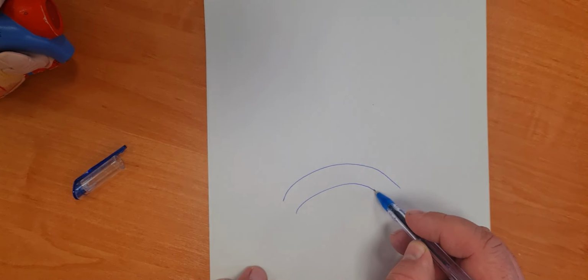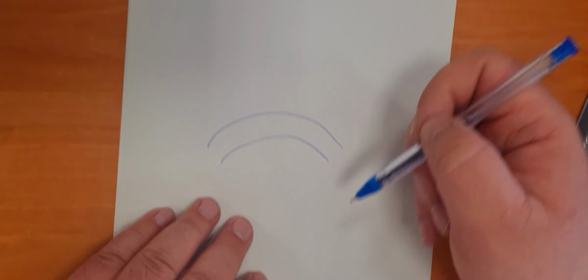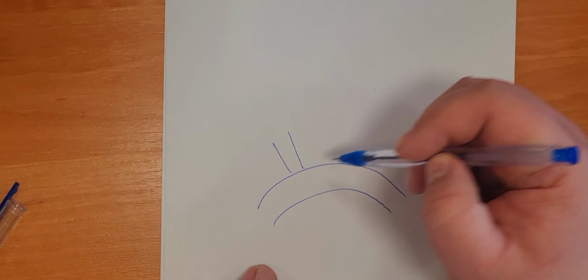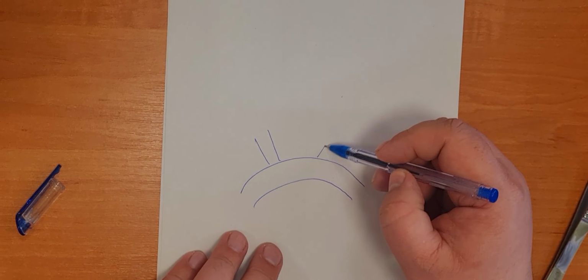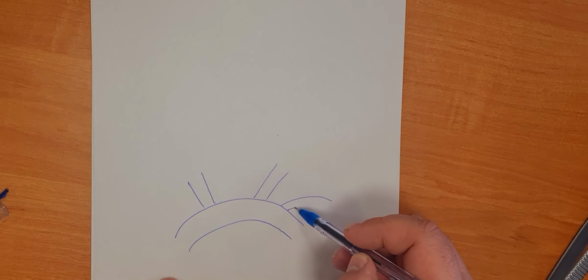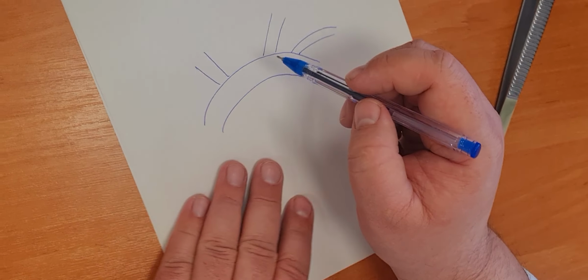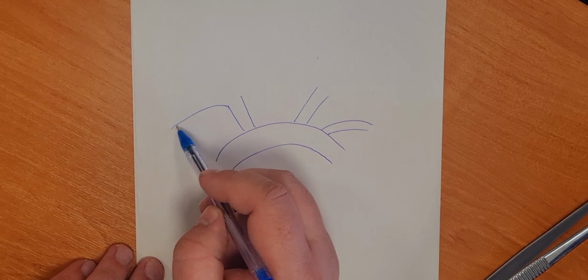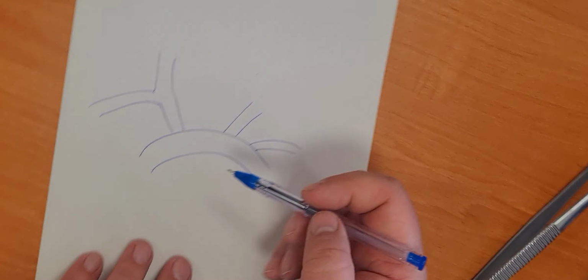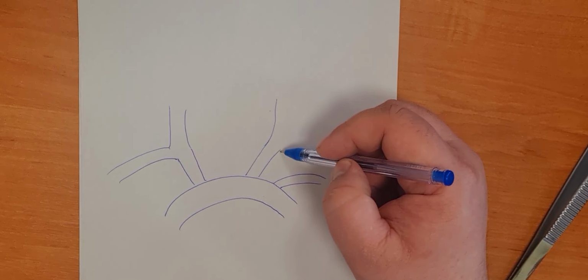Next time you will answer the branches of the arch of the aorta. First branch, that is the brachiocephalic trunk, then the left common carotid artery and the left subclavian artery. The brachiocephalic trunk subdivides into the right subclavian and right common carotid artery. And the common carotid artery,